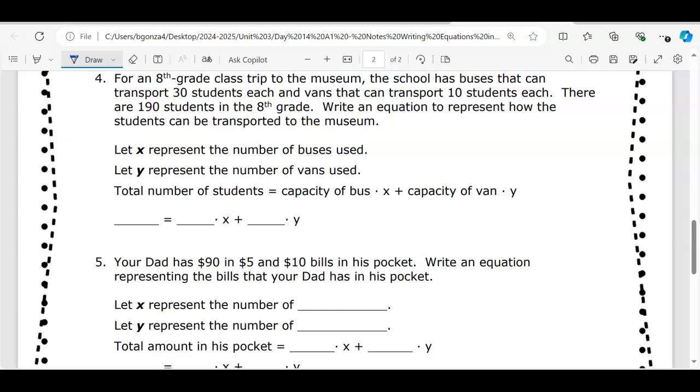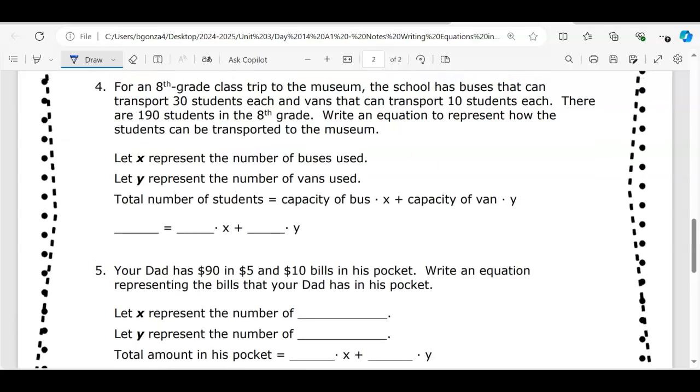All right, number 4. For an 8th grade class trip to the museum, a school bus that can transport 30 students each, and vans that can transport 10 students each. Now look,